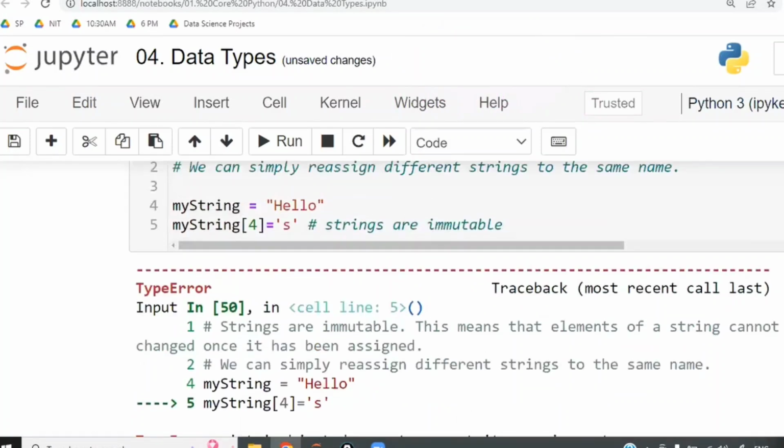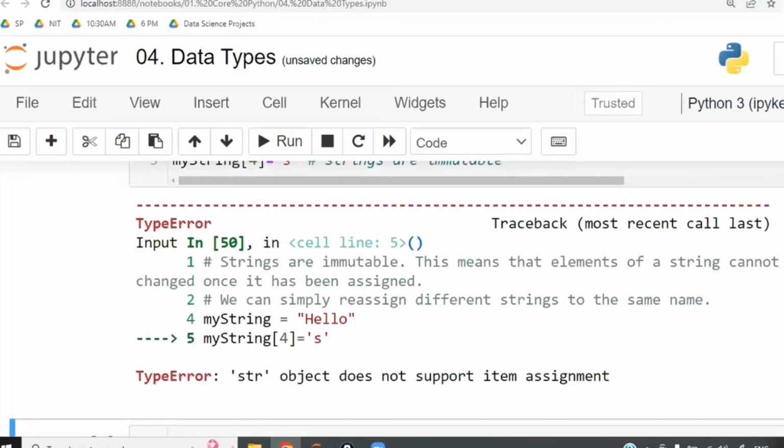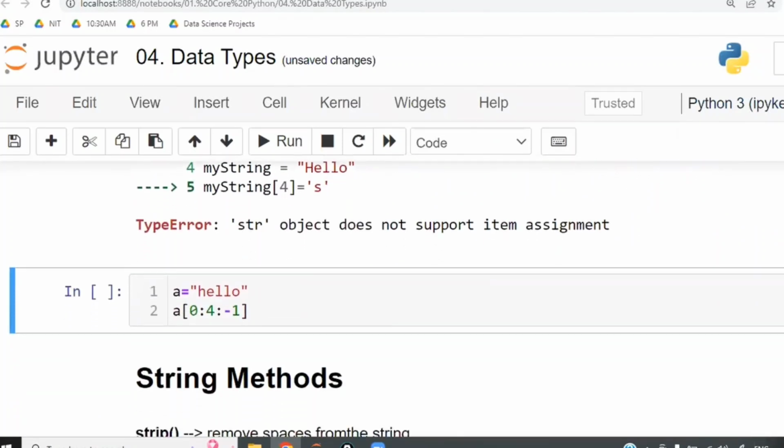Once you have assigned, meaning completed, no modification can be done. Right? So strings are immutable. String object doesn't support item assignment. The error is also very clear. It is saying that it can't do the item assignment. You can't add the new item. Item is nothing but value. Right? Now,